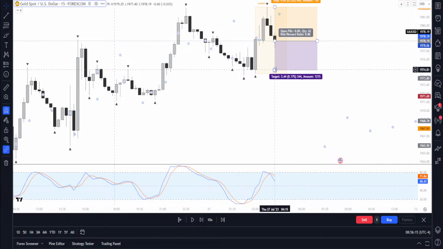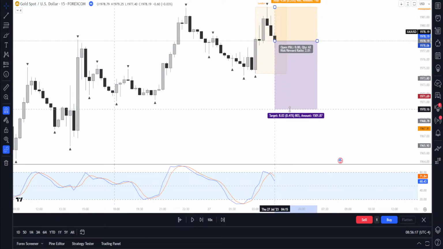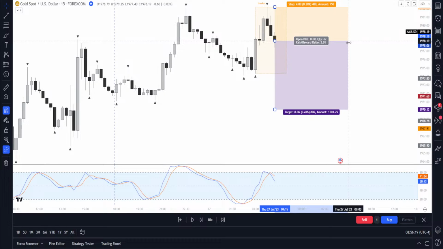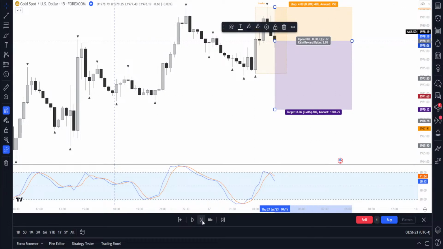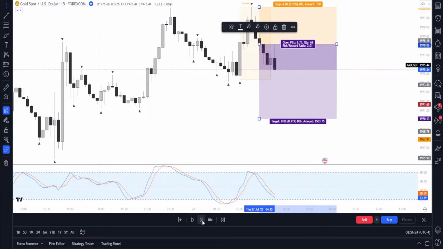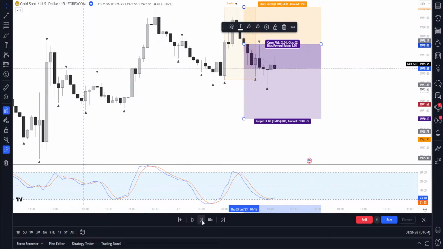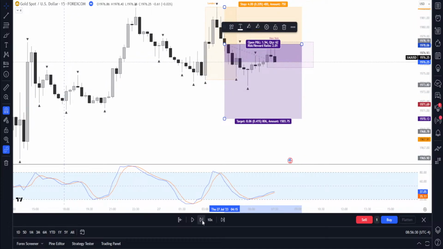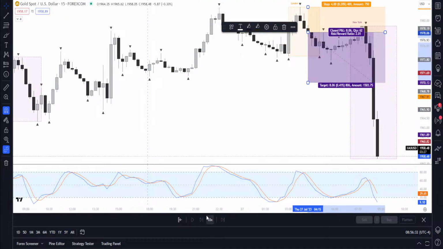It happened in London. I did take it on one of my accounts, but you don't have to trade London session. I think with London session you would have had a way bigger win rate as well. Like if you took London and New York, you would have had a better risk reward.